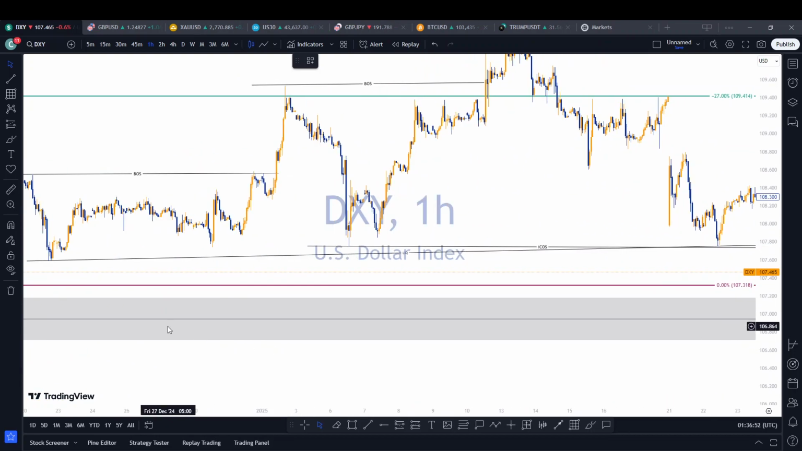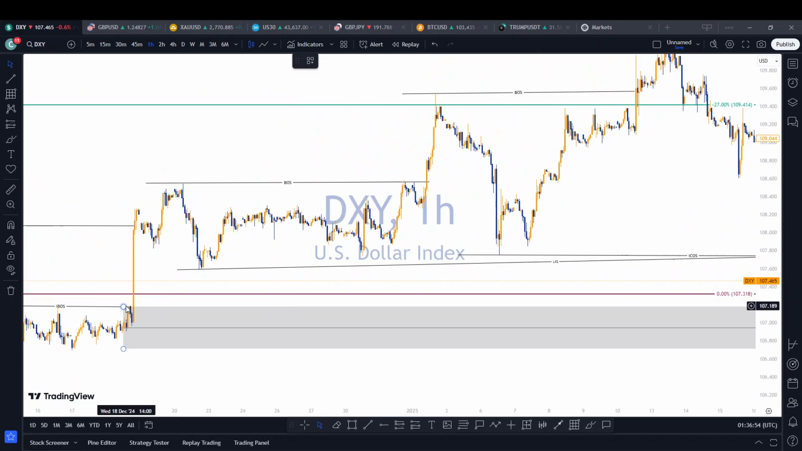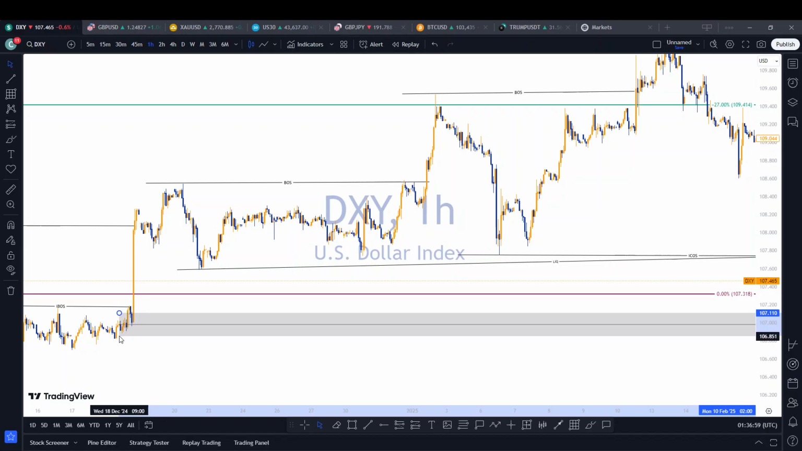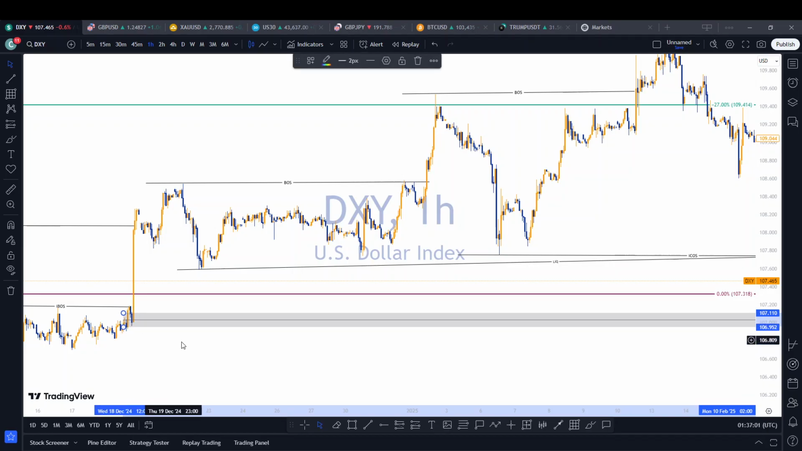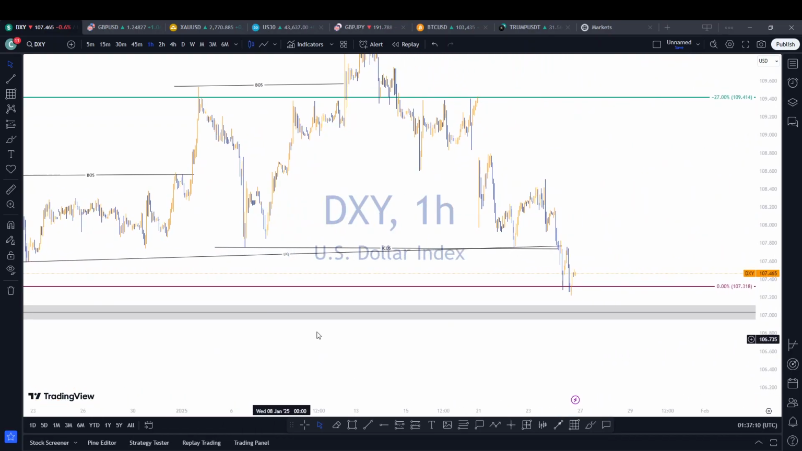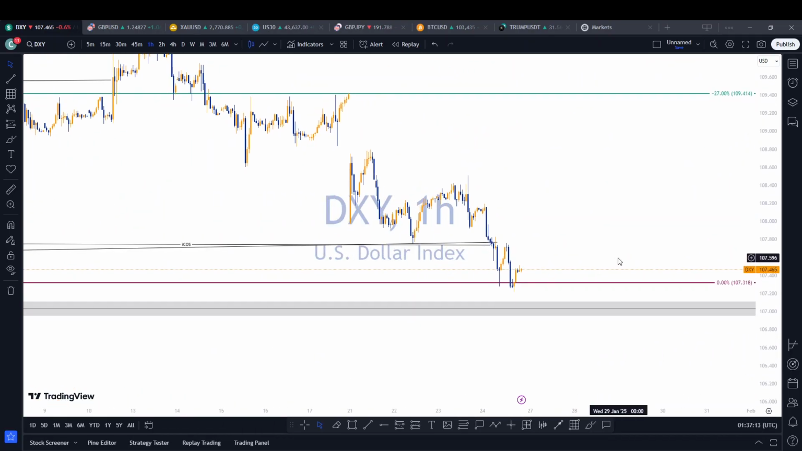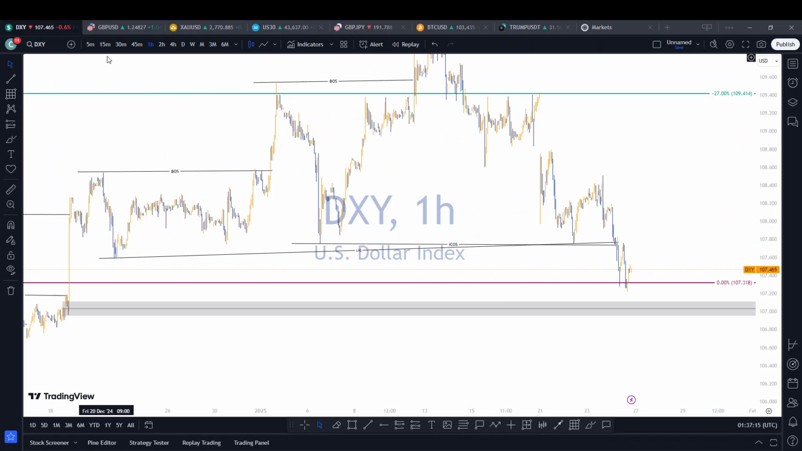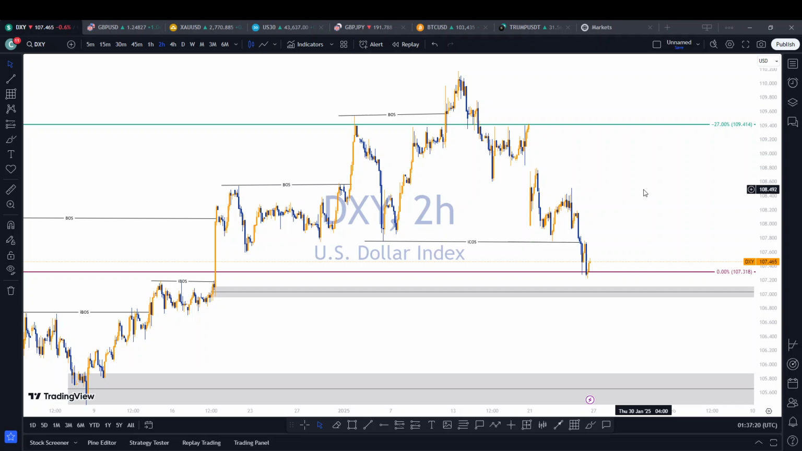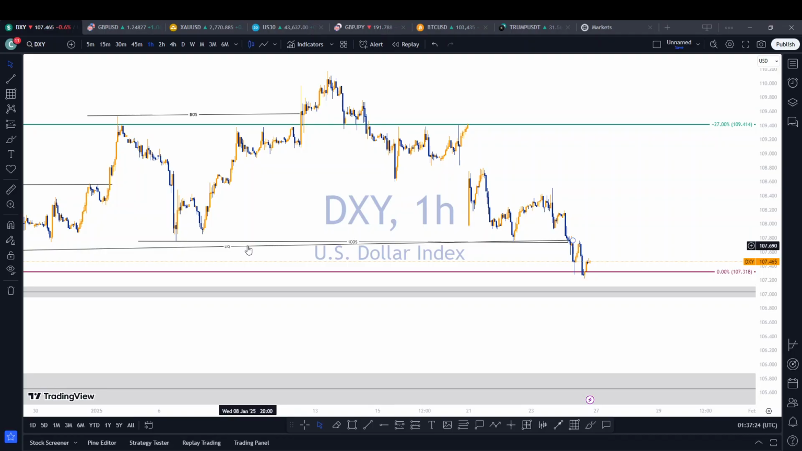Let's see if I can refine this. Okay, this can be refined to this. And like this. So, like I said, let's